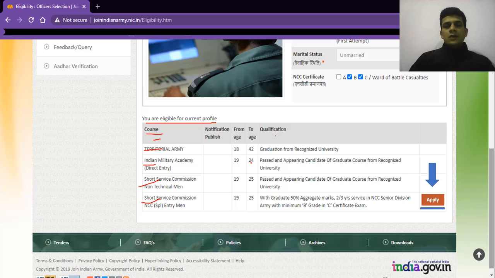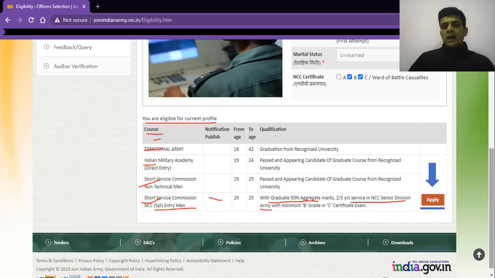I am eligible for all these 4 entries, right? But the only application which is open right now is NCC special entry. It is also mentioned over there, qualification: graduate with 50% aggregate marks, 2 or 3 years service in NCC senior division, army.